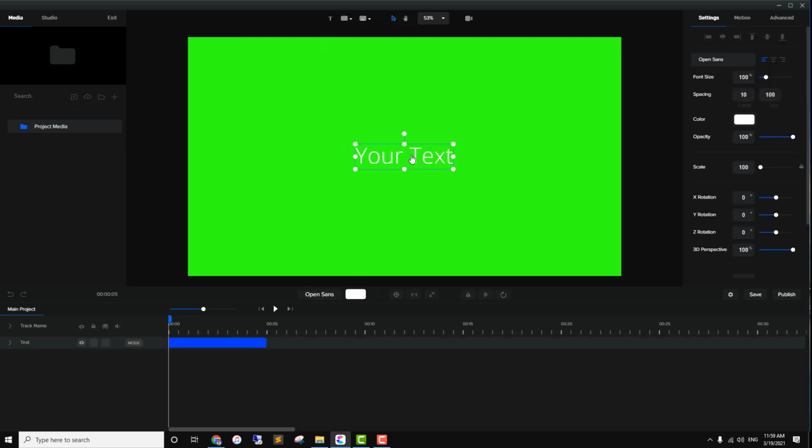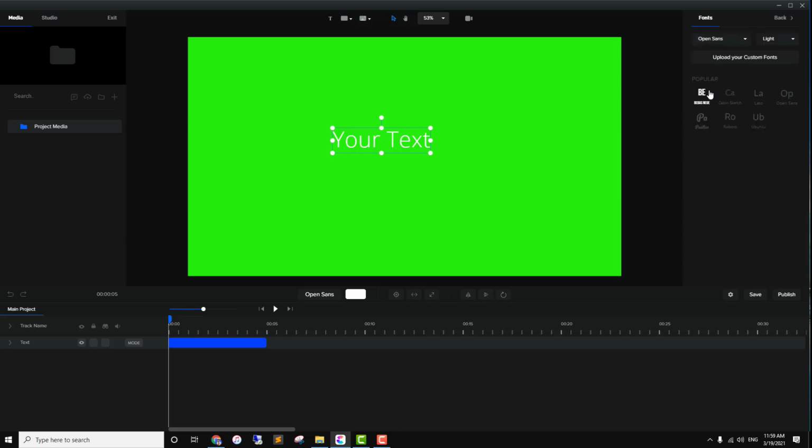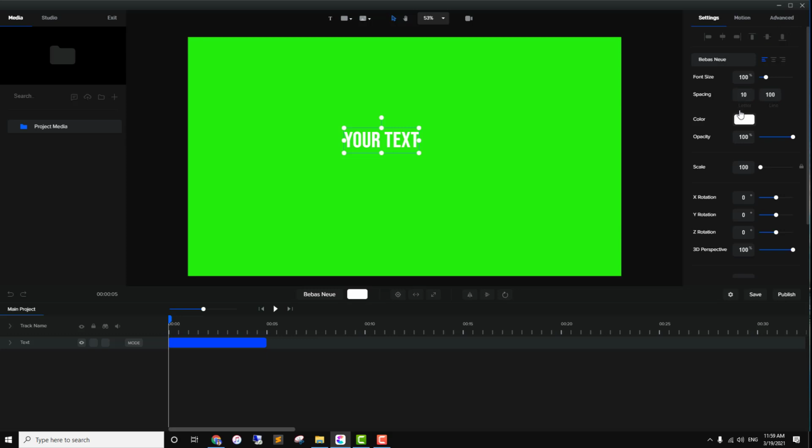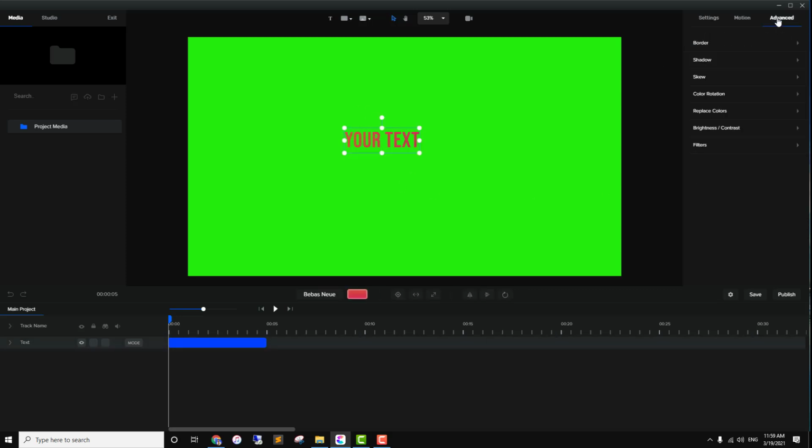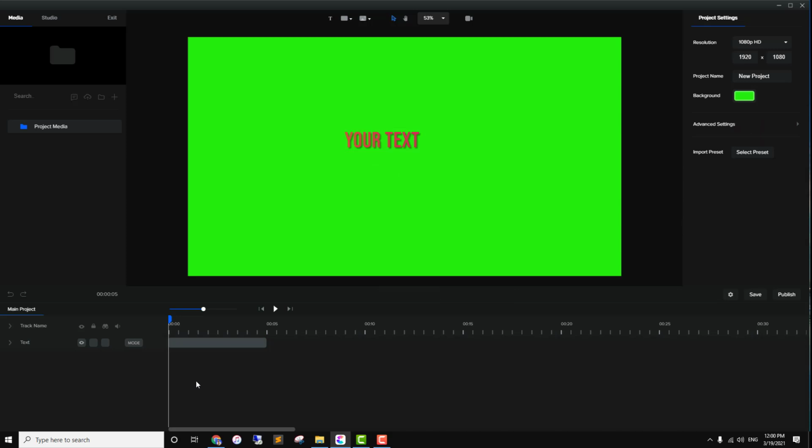If you want to apply a doodle effect on text, let me add a text here. I will click on this T button and it will add a text here, and here you can change the font family or you can upload your own as well. Let's go with the colors, and I will use a gradient color. Create Studio also allows gradient color for text, which Doodly doesn't allow. So yeah, that looks good, and you can add a shadow as well. I think that looks good anyway.